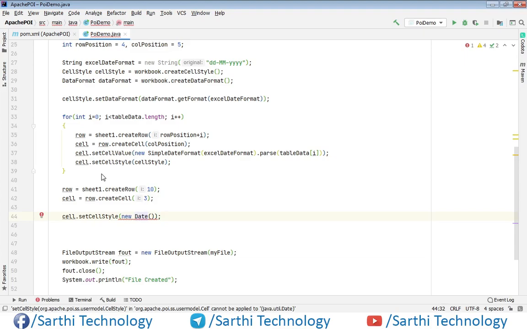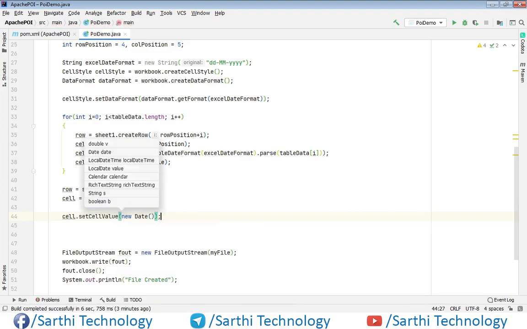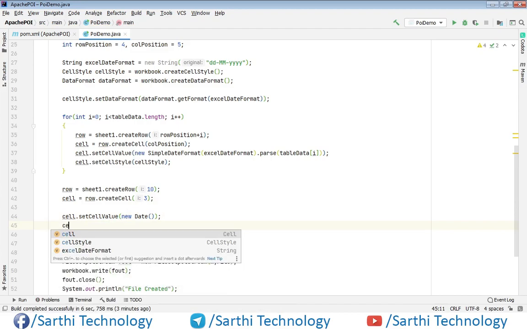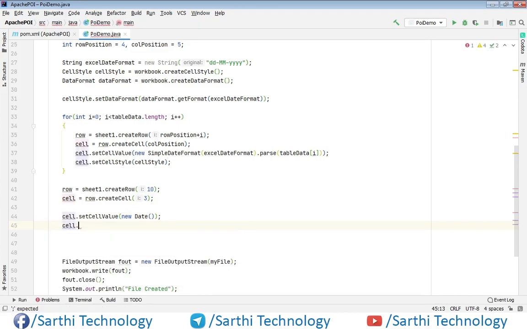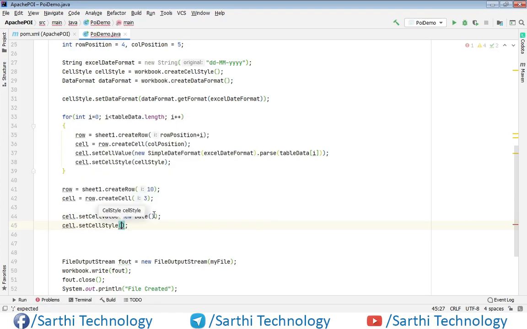I made this mistake: set cell value. Okay, now cell dot set cell style, and the cell style will be cell style. Again, let's run this.